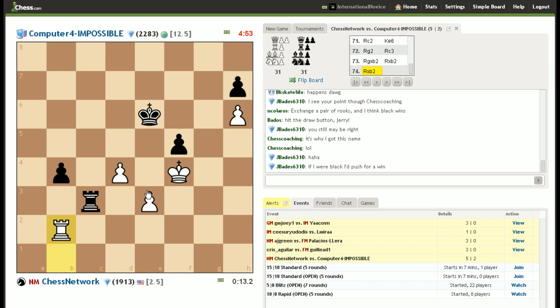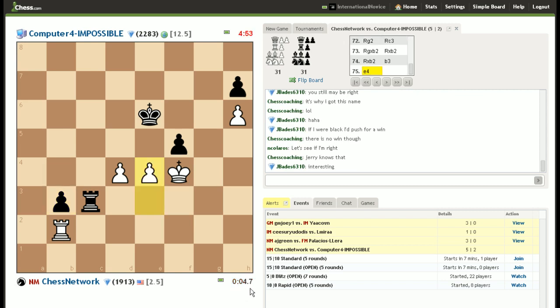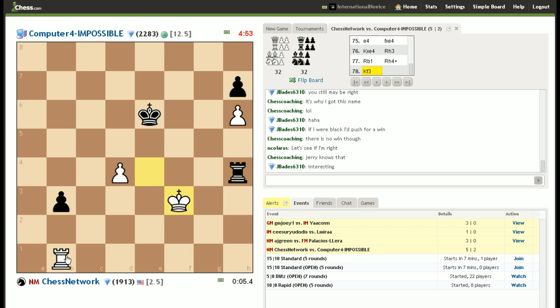Wow. Black, I guess, playing for the win here. Jerry has to be careful with time. He has to be very careful. Yes. Right. What's...